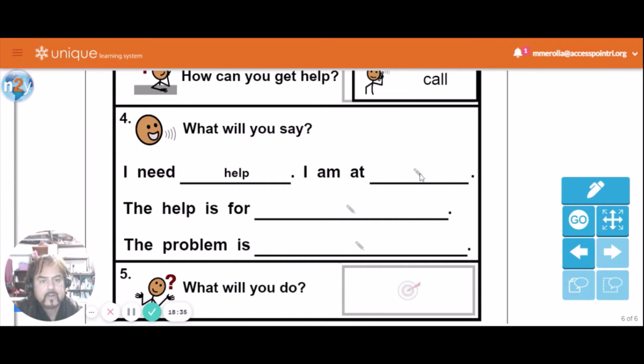You would give your address. And since we can't fit the address in here, we're just going to say I am at home, but you'd want to give your address, like, 665 Dyer Avenue.